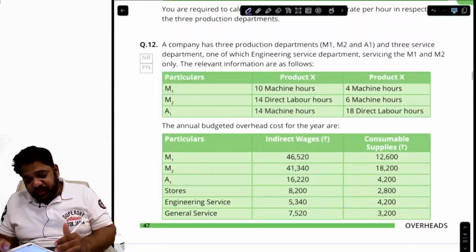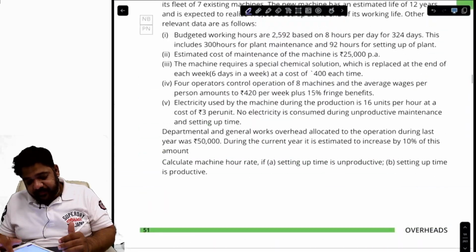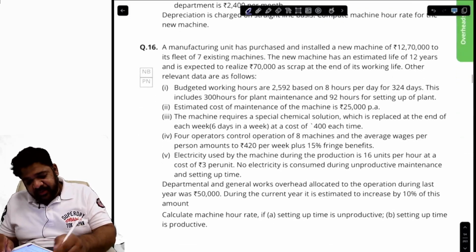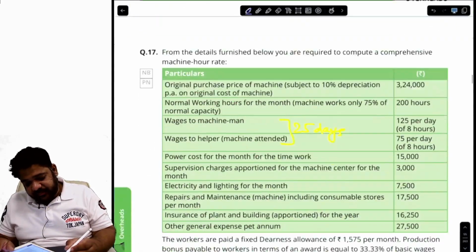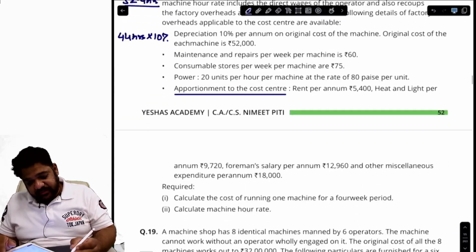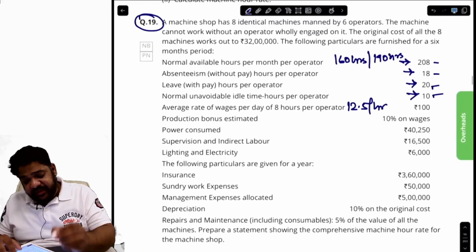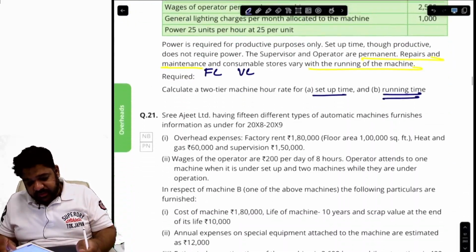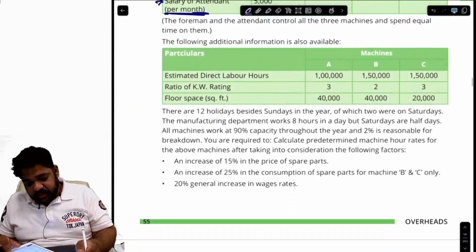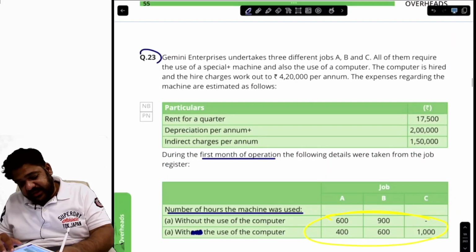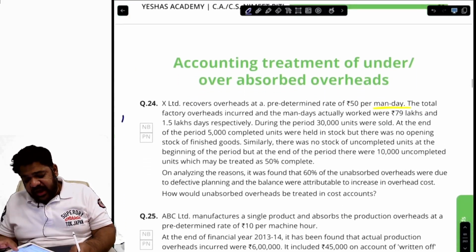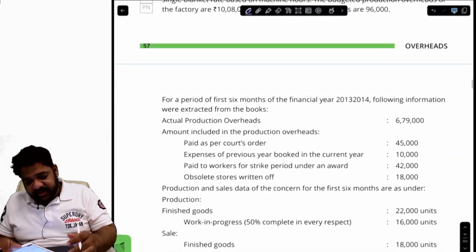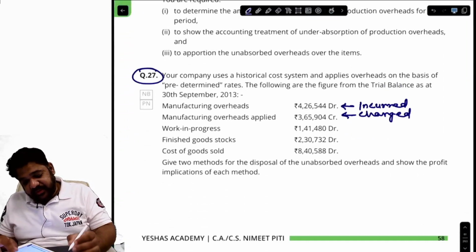Then fast forward to question number 15. Don't need to do 15, it is very basic. You can try doing the 16th one, 18th one, or 19th, very important. 20th, the two tier rate, very, very important. 23 is something that you can do. And from the under and over absorption section, just randomly do two questions. Do the 25th question, do the 27th question,